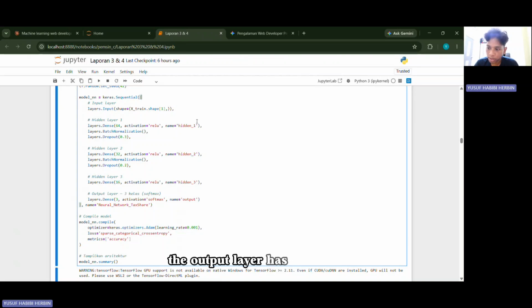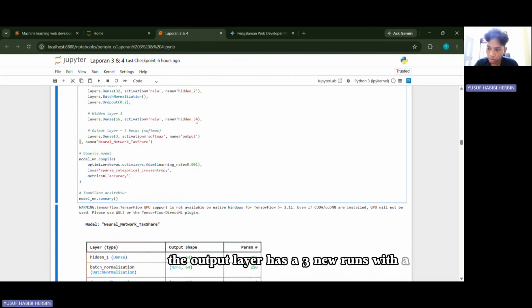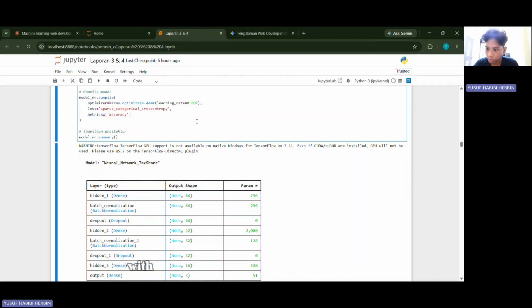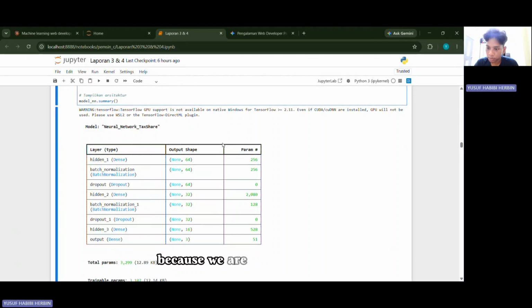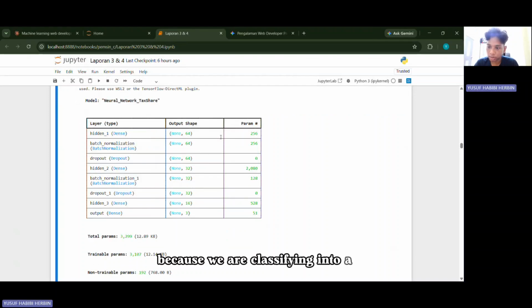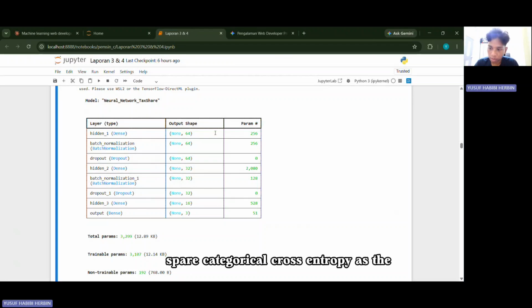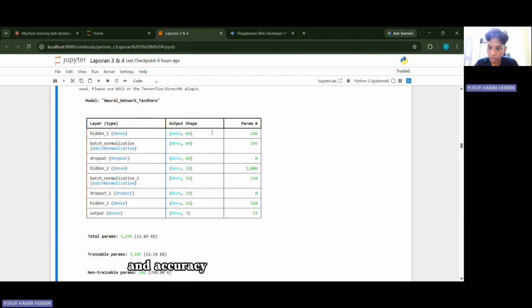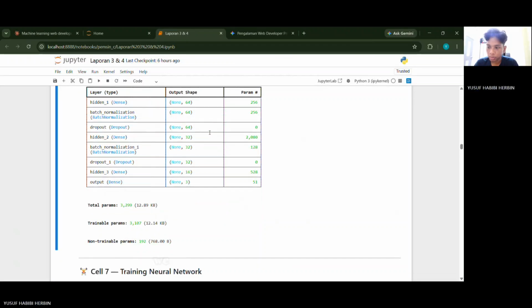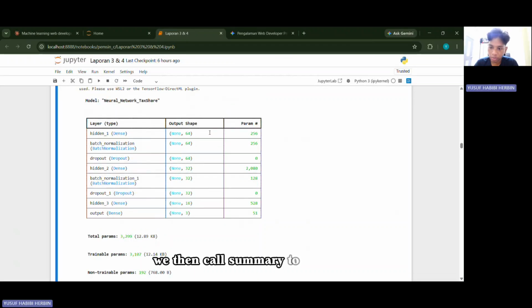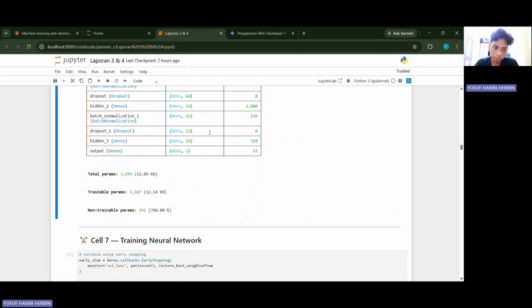The output layer has 3 neurons with softmax activation, because we are classifying into 3 categories. We compile the model with the Adam optimizer, sparse categorical cross-entropy as the loss function, and accuracy as our metric. We then call summary to see the full architecture.